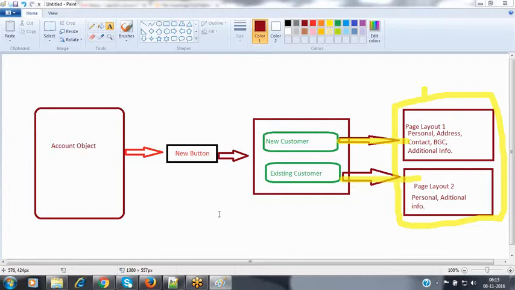Profile 1 has users 1, 2, 3, 4, and profile 2 has users 5, 6, 7, 8, 9. So when user 1 logs in, he is associated to profile 1, and profile 1 is associated to a page layout, so we can display that page layout. And if user 5 or 6 logs in, he is associated to profile 2, and profile 2 has a page layout too, so we can display that page layout too.